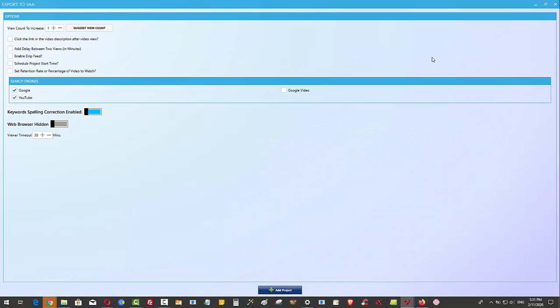Let me just expand this fully so you don't get distracted with the other stuff. We can choose which search engines we want to get our content found so that it can click through. Now, I do suggest that you start with YouTube first, because we know that we're going to be ranking in YouTube. All we want to do is increase the click-through rate on the video. So what we would do,